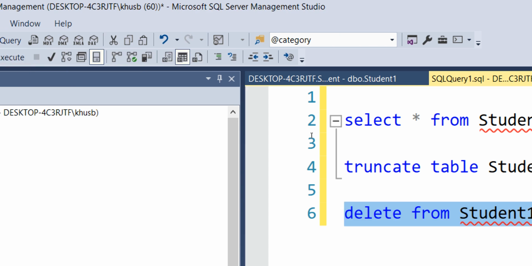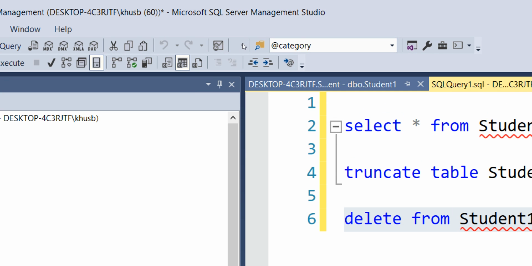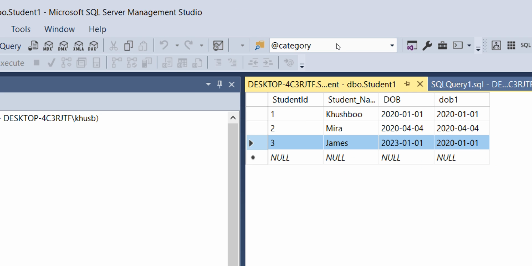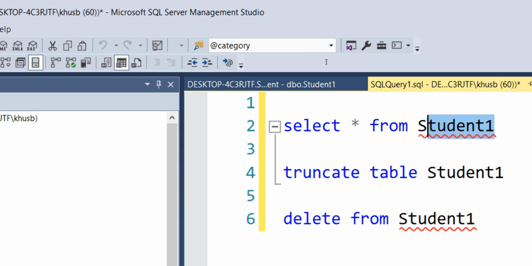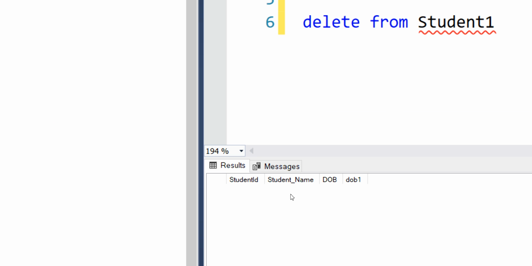It is obviously going to delete all the records. So 3 rows affected. Affected means it has been changed, deleted, or updated, so anything can happen. In this situation we have deleted all the records, right? Now let's select this query. We can see here that we do not have any student details, right?